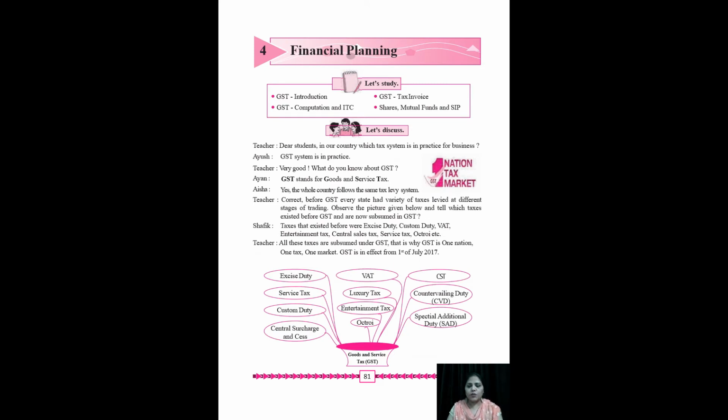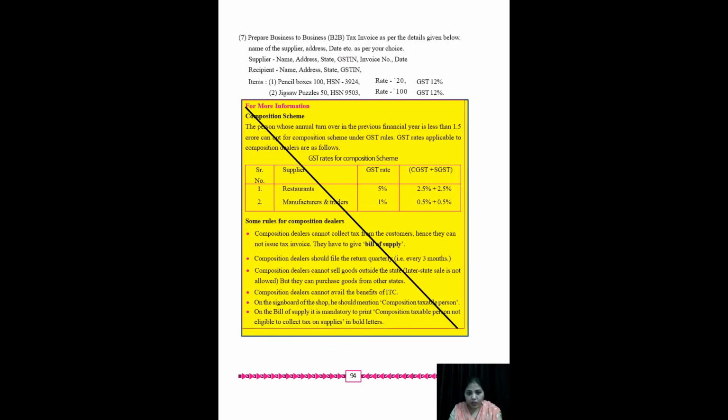See here, in financial planning, the 4th chapter, what is the major topic that is being cancelled, that we will see. So here we'll start with financial planning, chapter 4. See here on page number 94. Directly come to page number 94. This for more information, this will not be there now. The composition scheme was given to you on this page, which is not existing now. It has been reduced from the syllabus.